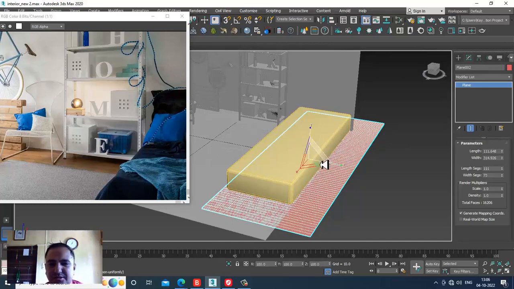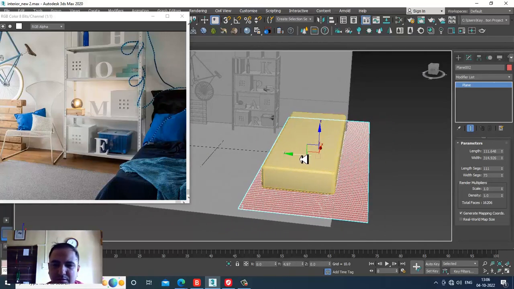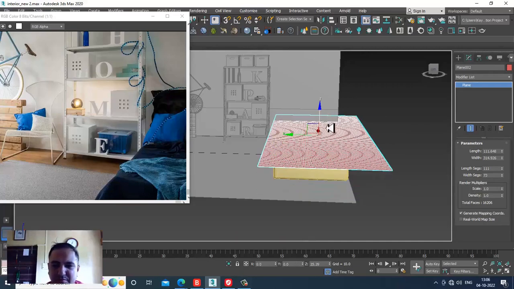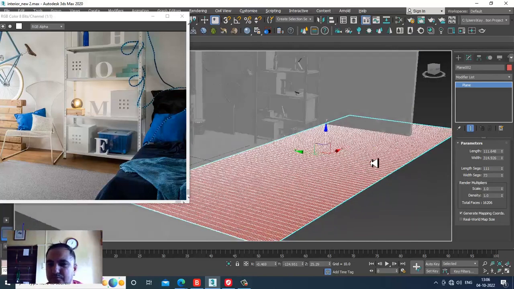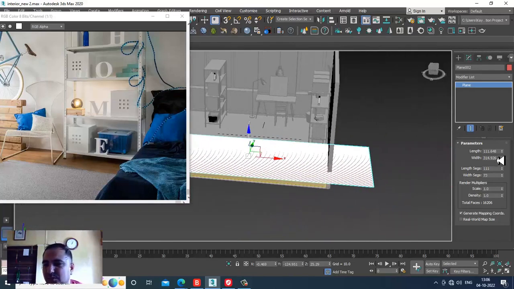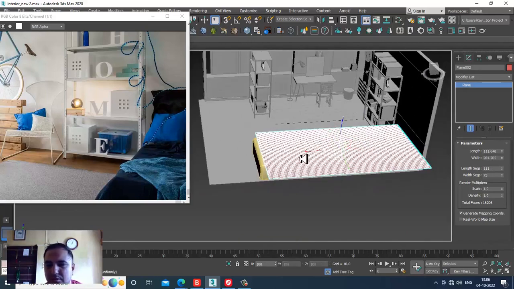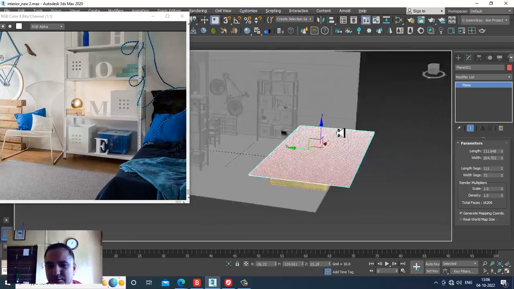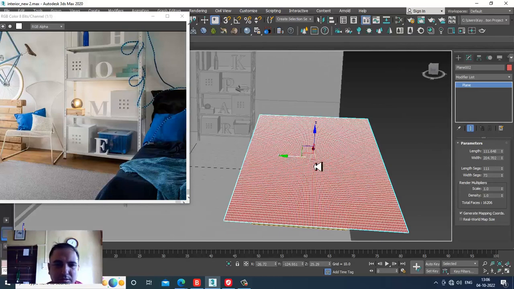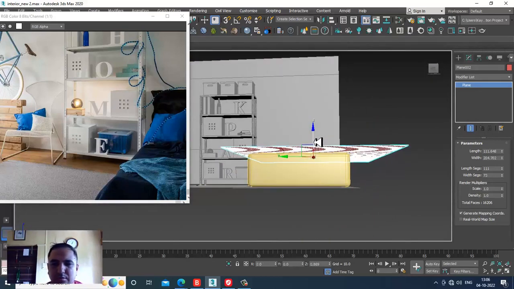Let's just push this up till here, and reduce its width. Shuffle it till here. Alright. Now